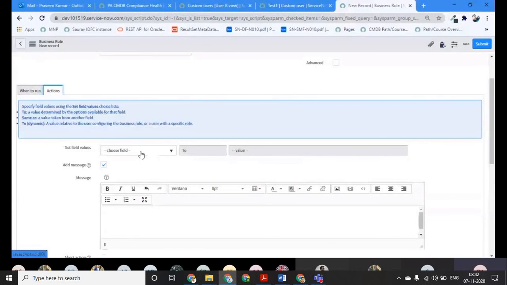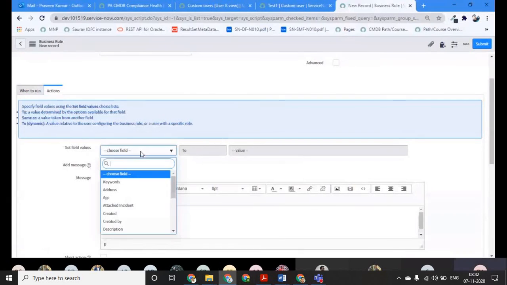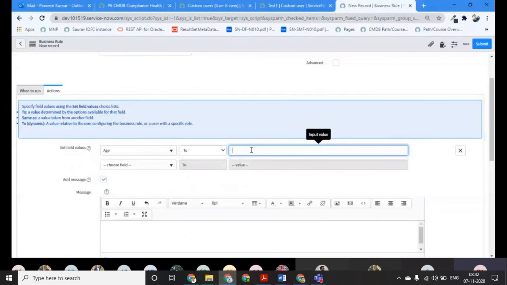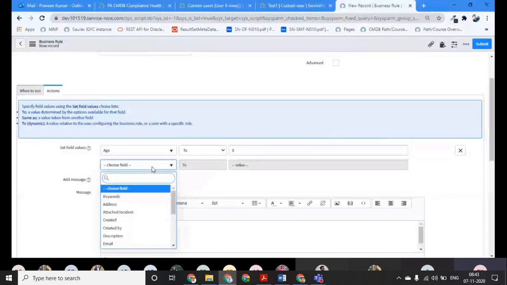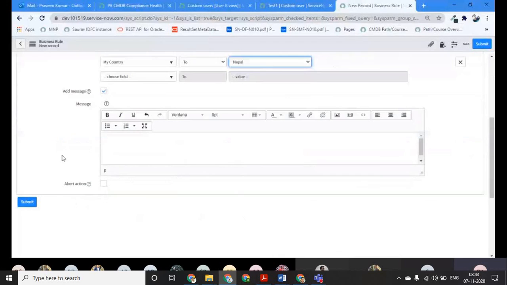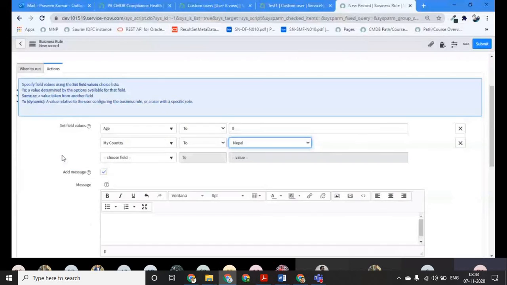For example, whenever the description contains delete, I want the age to be 0, or whatever value I want to set. For example, country Nepal. Such things you can handle.